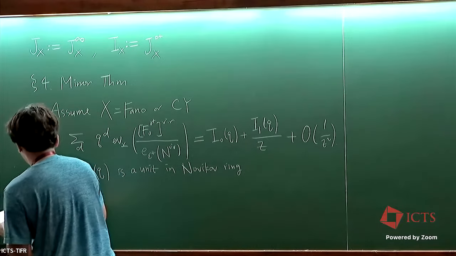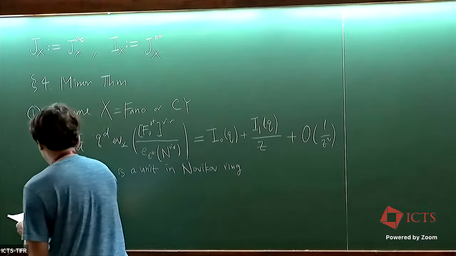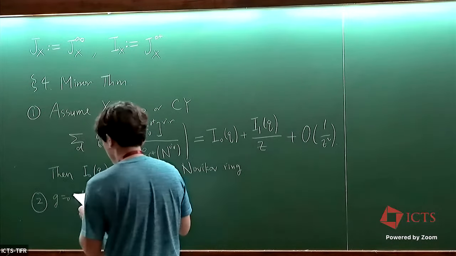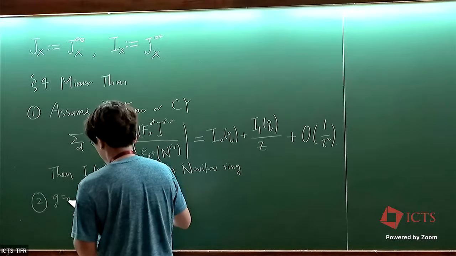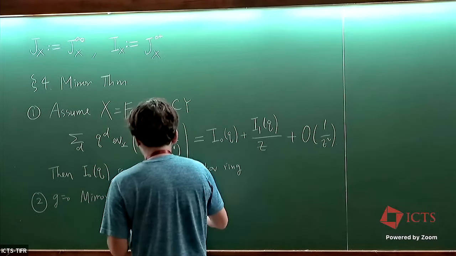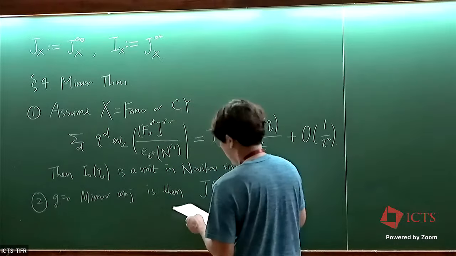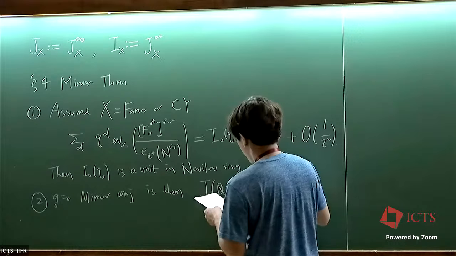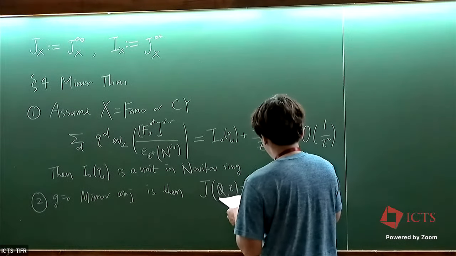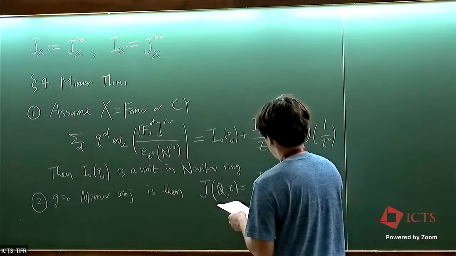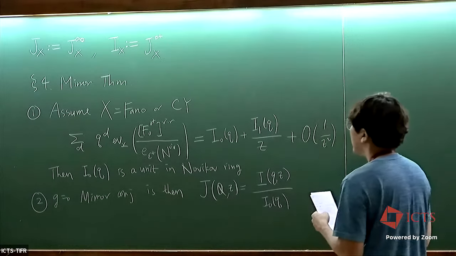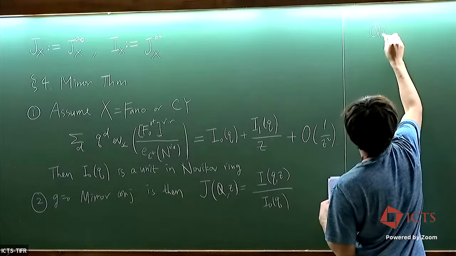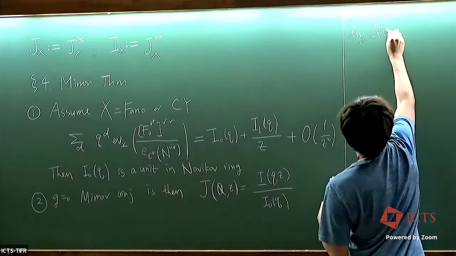So now the mirror conjecture is actually not a conjecture anymore, but a theorem, comparing J and I. And the Q is called the mirror map, defined to be log Q equals log q plus